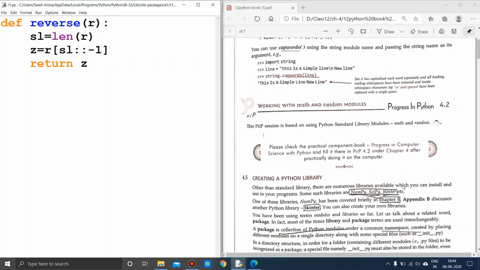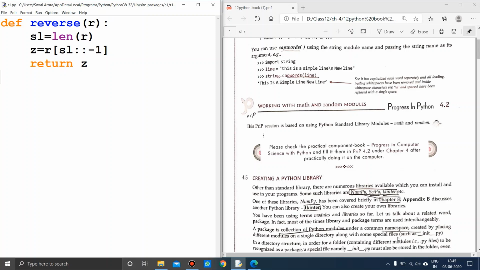A library is similar to a package, though we can use the words interchangeably. So what is a package? A package is a collection of Python modules under a common namespace, created by placing different modules in a single directory along with a special file.